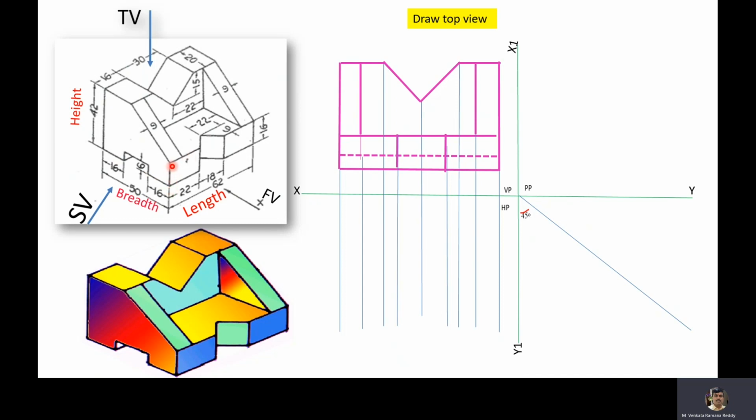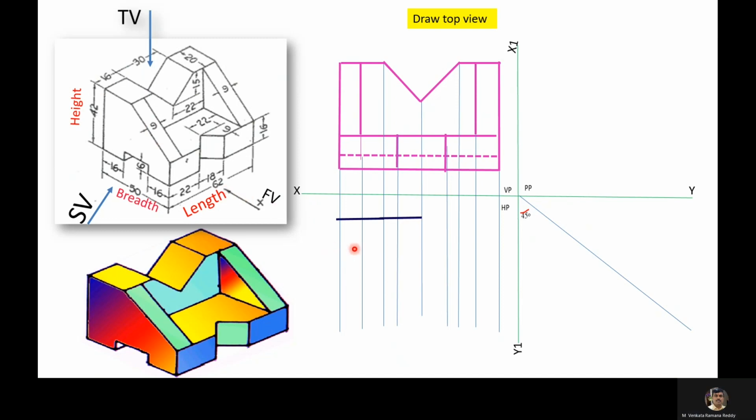And here in this case the length is 22, and again this shape, this V groove shape, and again here straight. That is, in the case of the top view, coming to this end, it is straight. Again, this V groove shape is visible. Again, here it is straight. Then, even though it is inclined, it looks straight in the top view. Now we'll draw the top view.